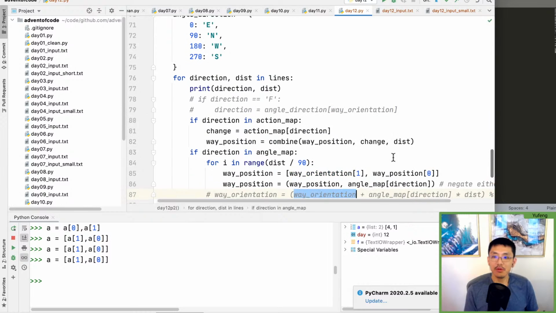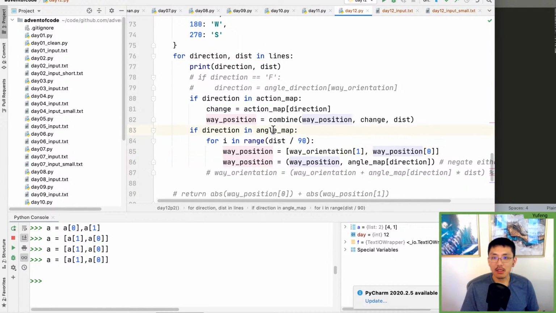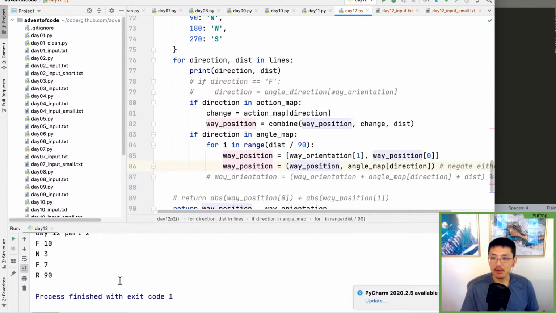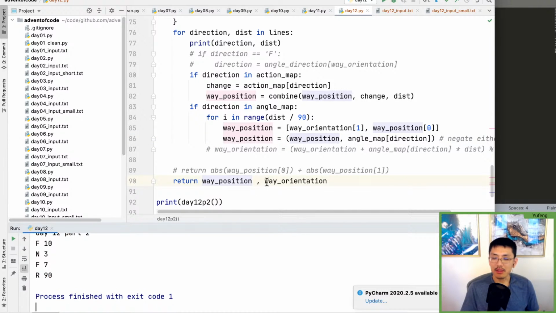Interesting. Cool. And so this will theoretically get our way positions rotated around, hopefully the correct number of times. Way position, which we returned, but isn't being printed, so